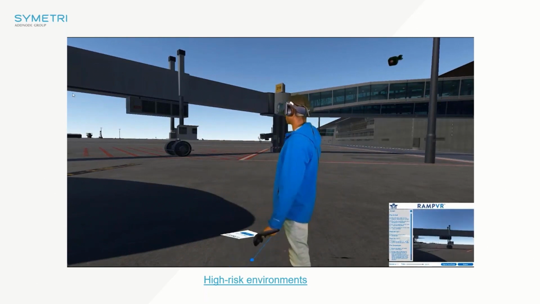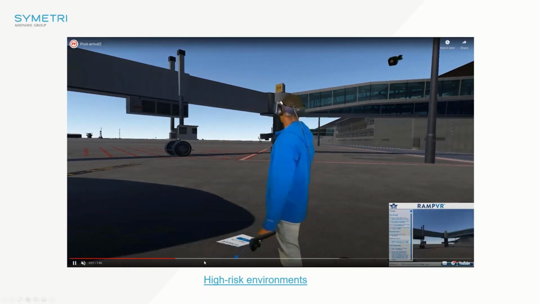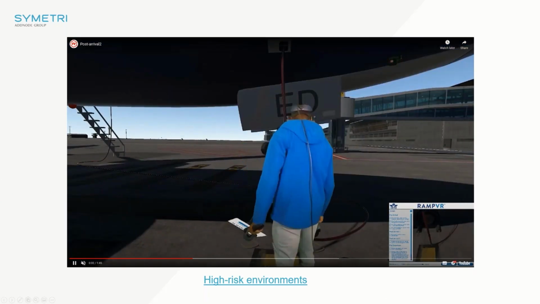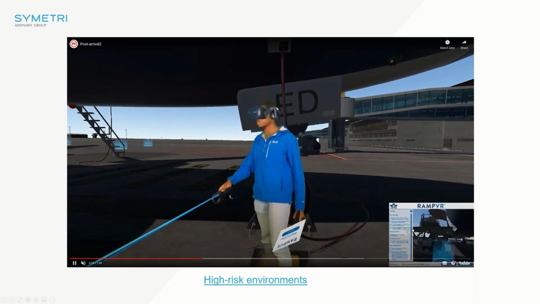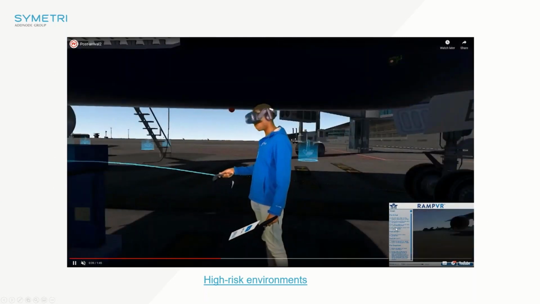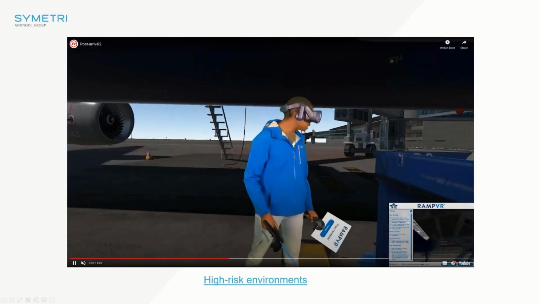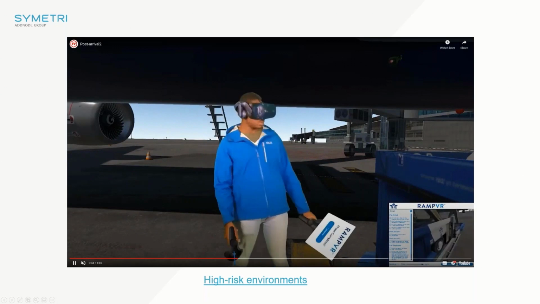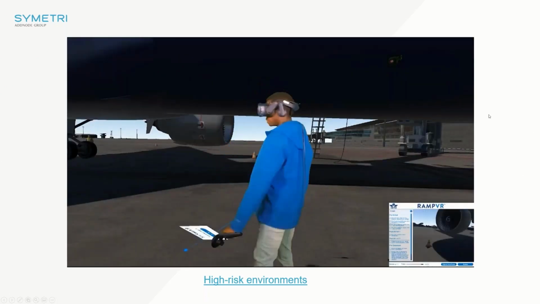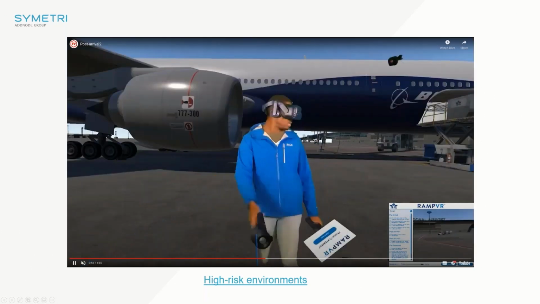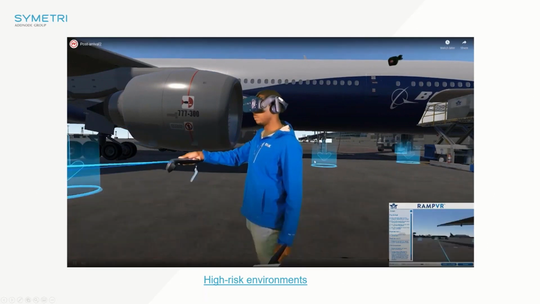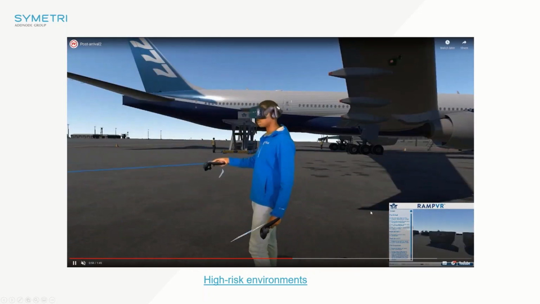So what we can do here is look at all of those hazardous scenarios and really educate users on how to identify those problems, how to respond to them. And on the other side of this particular experience is an expert recording how they perform. So the user is getting the ability to go and kind of get that muscle memory of understanding what to look for, what the issues are. But at the same time, there is an expert reviewing them in a different location, which could be in a different country. It could be at headquarters, whereas the user could be at home or at a training center.